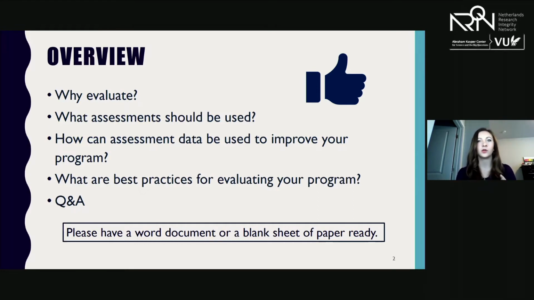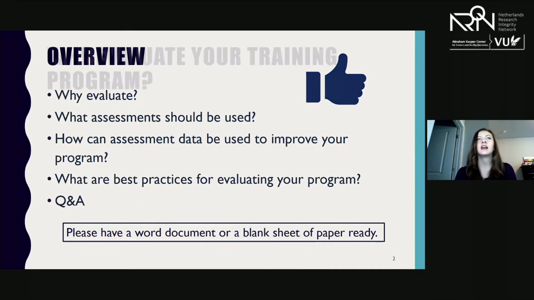Also wanted to point out that I have a couple of moments throughout my talk today where I'm going to pause and have all of you write down a few things just as an active learning exercise to make what I'm saying relevant for you and your ethics training program that you have either at your institution or that you're participating in. But I do ask that you just have a quick piece of paper pulled up to jot down a few notes. It doesn't have to be anything fancy. I'm not going to make you turn it in or anything.